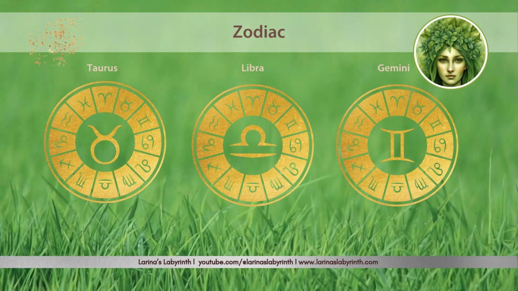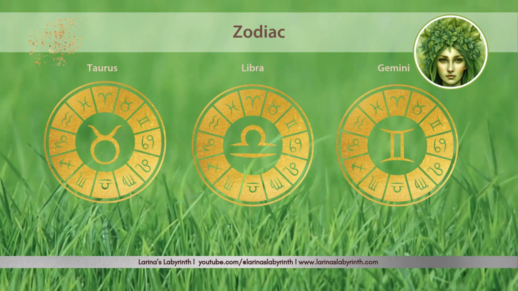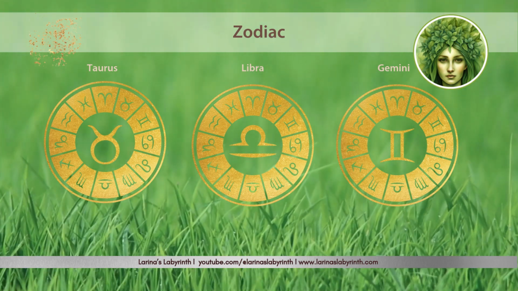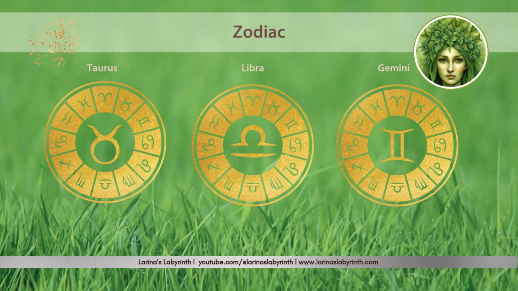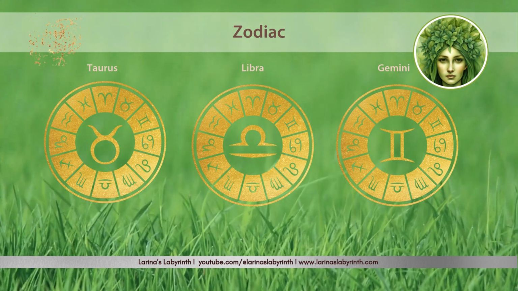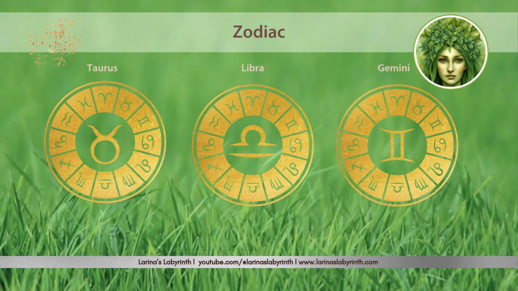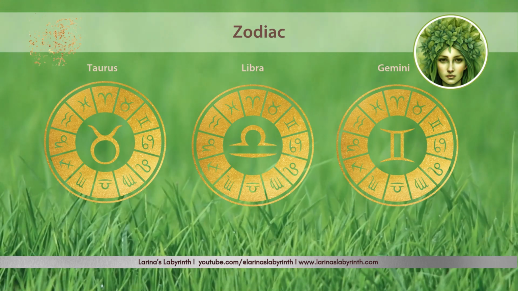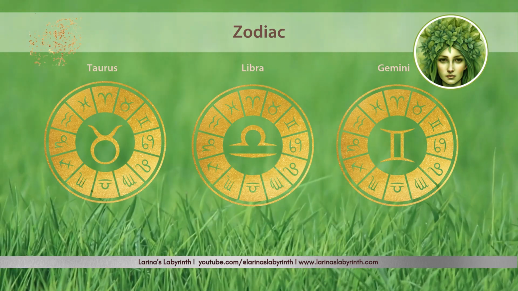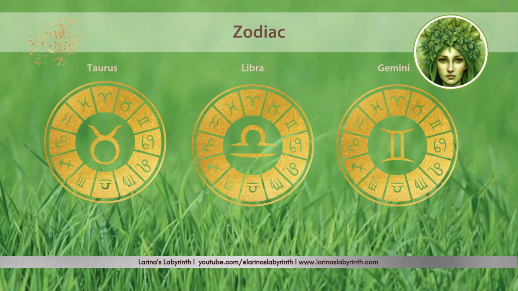And if you take this kind of stuff on board, that you have to be a Taurus, a Libra, or a Gemini to be able to use Celestite effectively, you'll actually be doing yourself a disservice, because anybody can use Celestite. And I just want to make the point here, it is actually recommended for these 3 star signs, the Gemini, the Libra, and the Taurus, as I mentioned. Point of interest here is that Libra and Gemini are obviously both air signs, whereas Taurus is an earth sign. So I find it interesting that it's recommended for these 3 people.